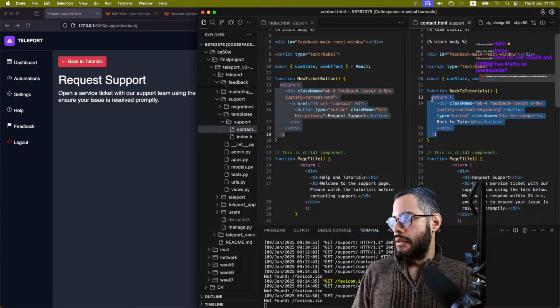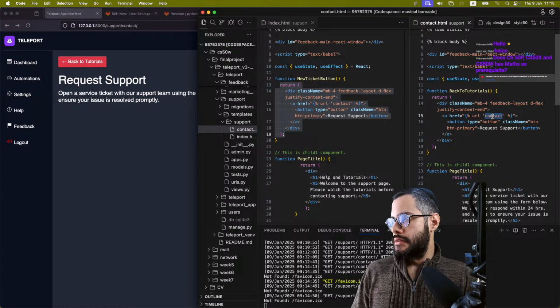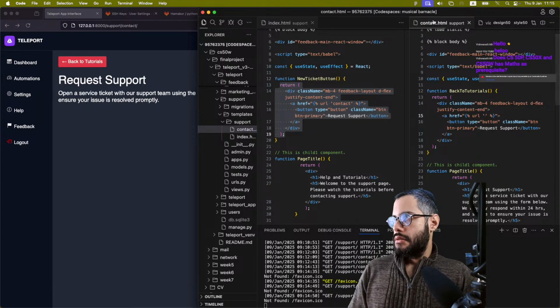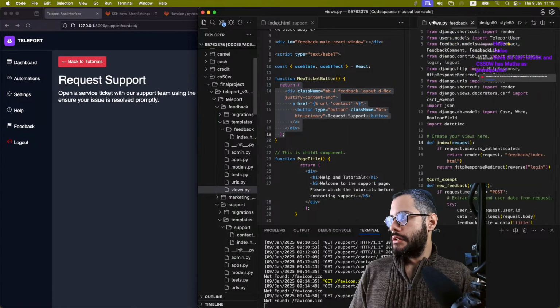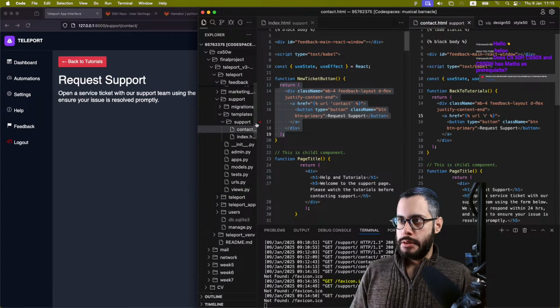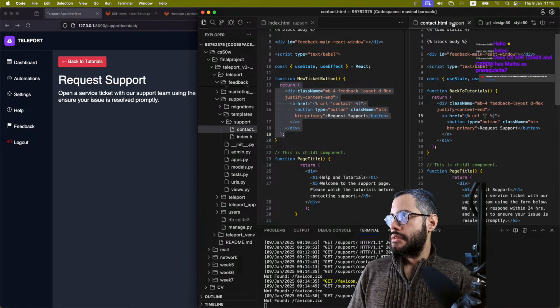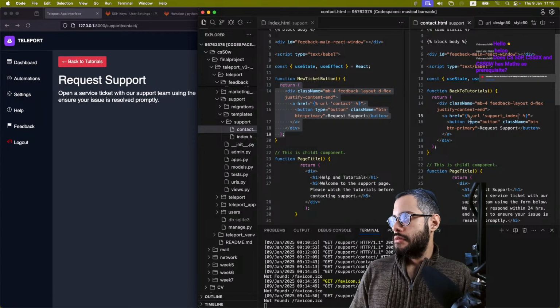Yeah, it's gonna have to be like this. So the URL, I'm assuming, can just be empty. Hold on, the URL, I don't even remember here. This is my URLs. Support index, sorry, support index will be here. Okay,